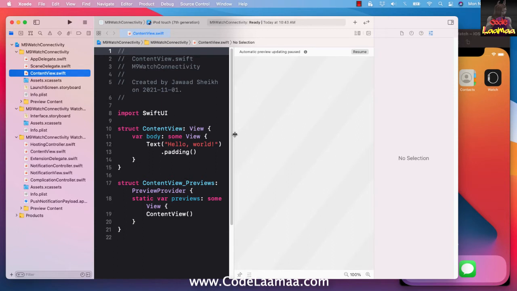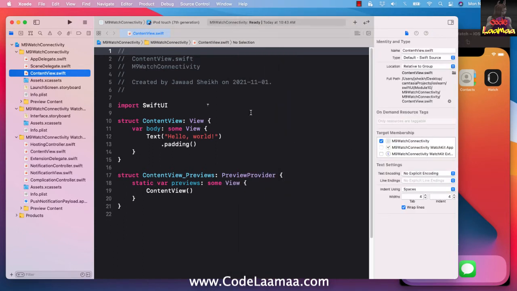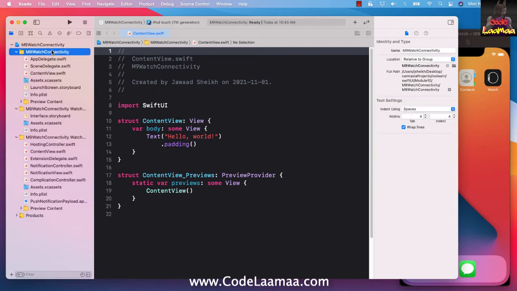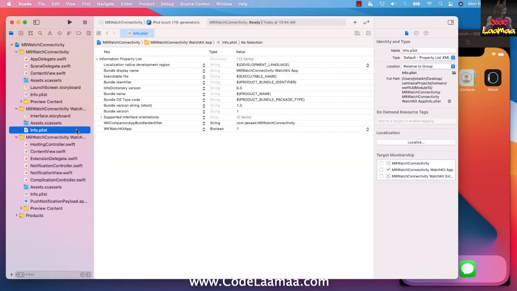All right, so the first thing you're going to notice is there's a lot more files here than you've been seeing for your other iOS projects, where you just saw content view and a couple other files, and that was it. But now we see a ton of other files. One thing I'm going to point out here is that we actually have two projects in one. Starting with this folder, M9 watch connectivity, down to the info.plist file here,